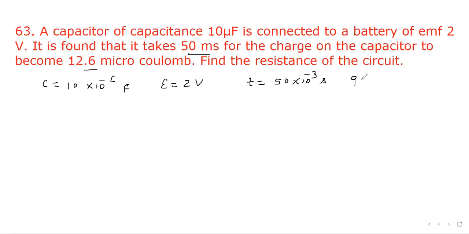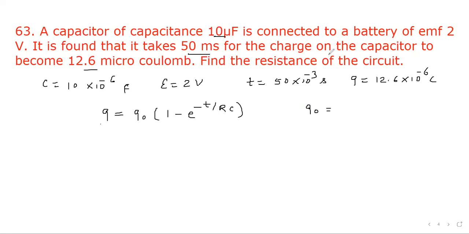So charge is also given, Q equal to 12.6 into 10 to the power minus 6 coulomb. You have to find out the resistance. So for charging, the equation is Q equal to Q0 into 1 minus e to the power minus t upon RC. Here the value of Q is given and Q0 we can find,